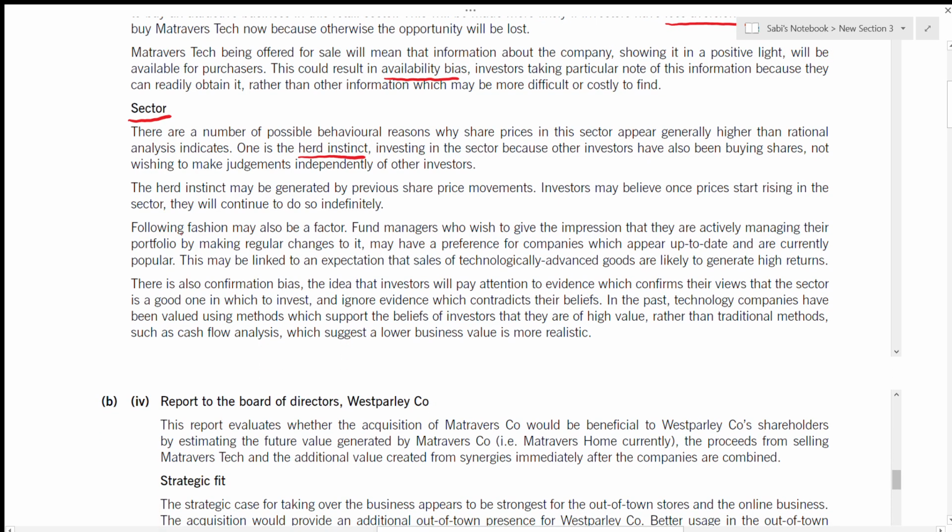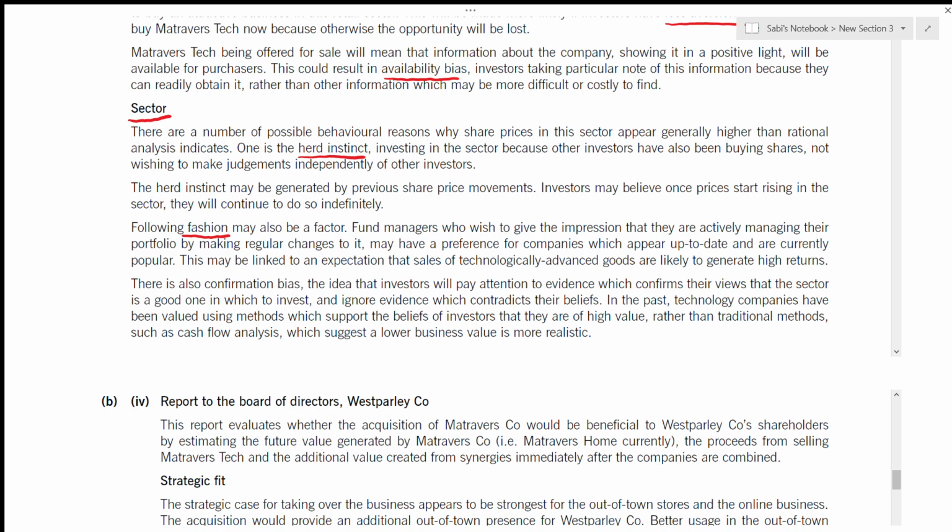Now, following fashion may also be a factor. Fund managers who wish to give the impression that they're actively managing their portfolio by making regular changes to it may have a preference for companies which appear up to date and are currently popular. This may be linked to an expectation that sales of technologically advanced goods are likely to generate high returns. So you should have some knowledge of how a high technology industry performs